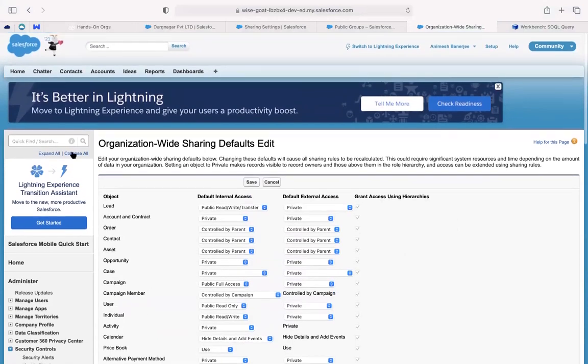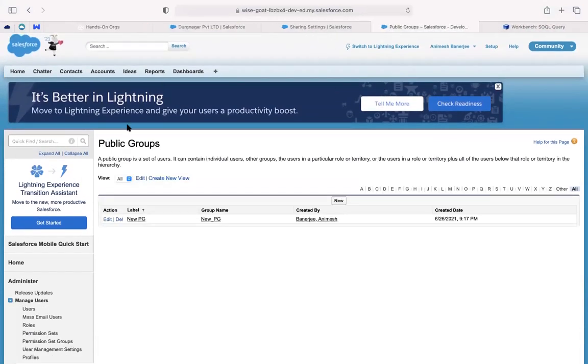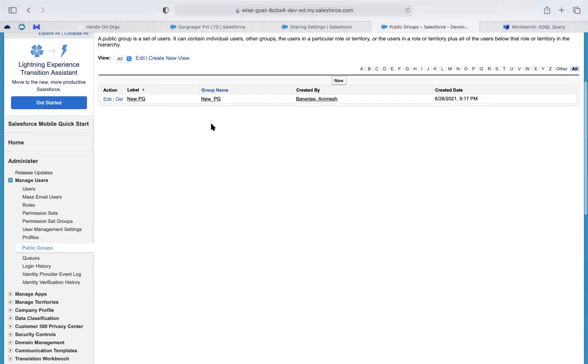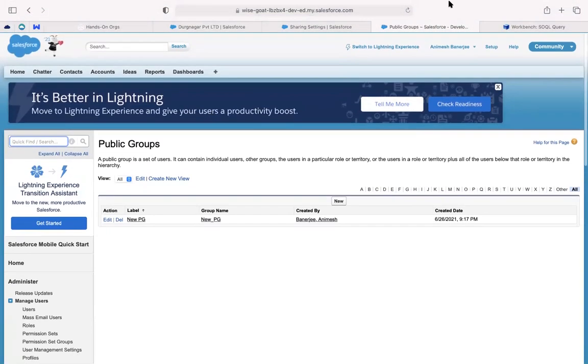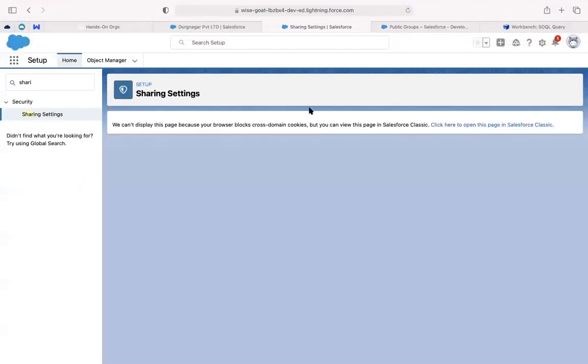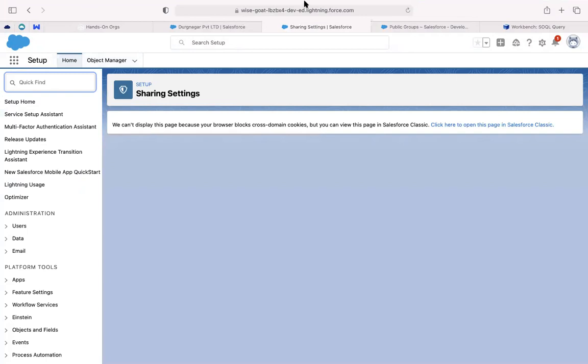Okay. So now the last part is Apex managed sharing. Apex managed sharing needs a sharing reason that you have to create, as I said. Otherwise, Salesforce will manage it like an internal record, which you don't want, right? So if you go to that, it is only available in Classic right now.